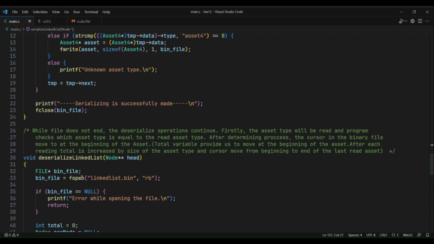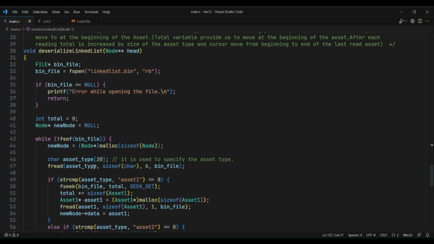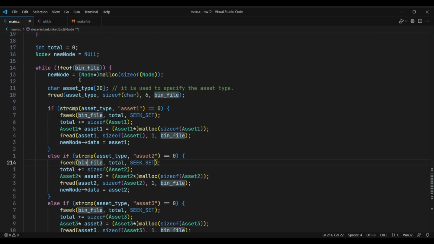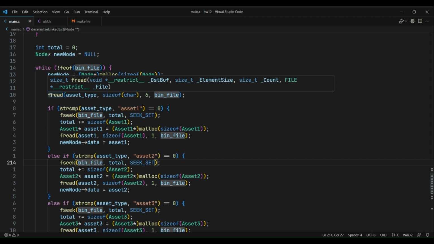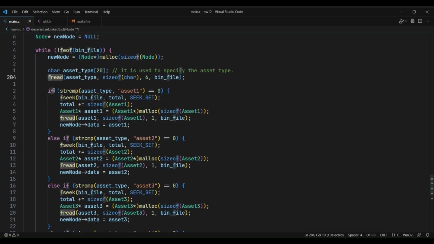Yes, there is another function, deserialize linked list. In this function, the linked list is deserialized from the binary file. And there's a while loop. In the while loop, the new node will be generated, and asset type will be generated. Again, asset type is for holding the asset type of each asset. At the beginning of the while loop, firstly, the asset type is read, and the conditions will be checked. And if condition is provided, then the cursor goes to the beginning of each asset, and the total variable holds the asset's number of bytes,